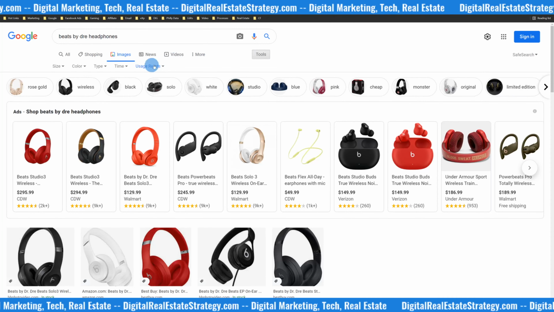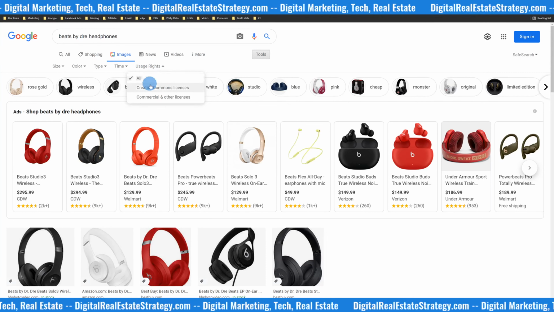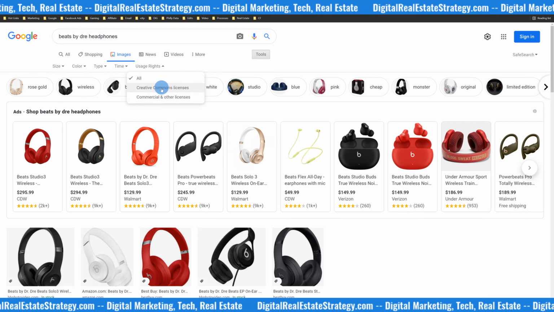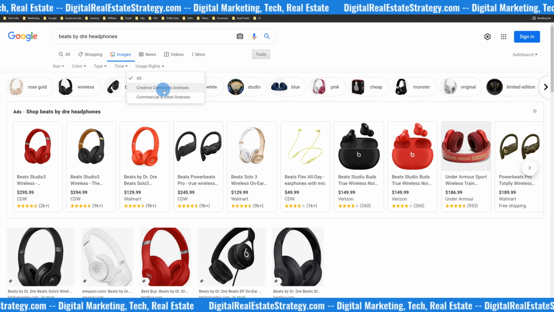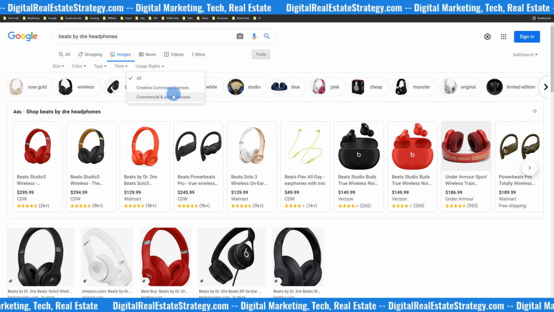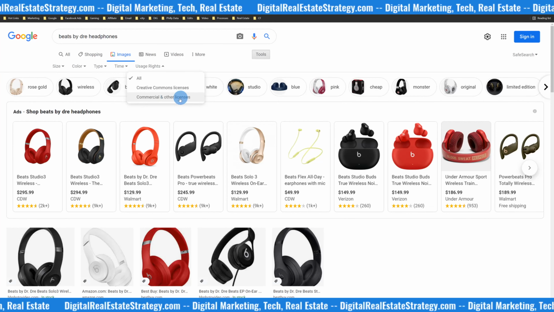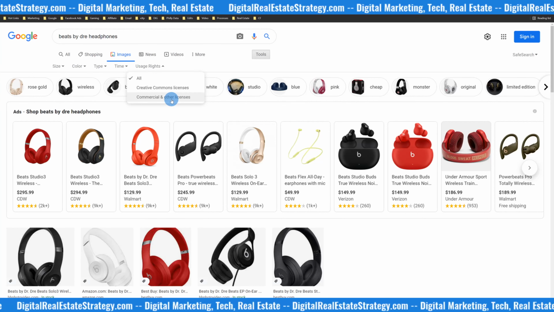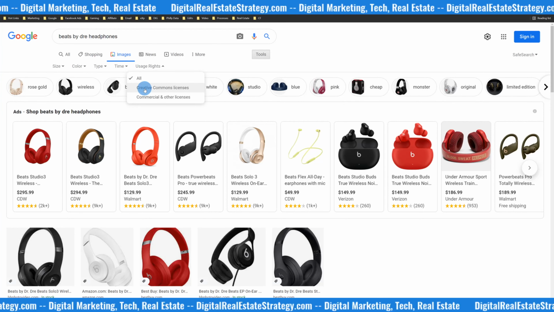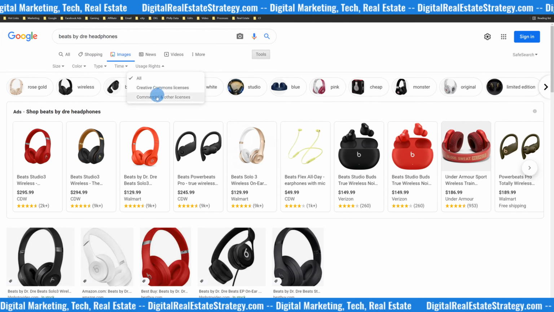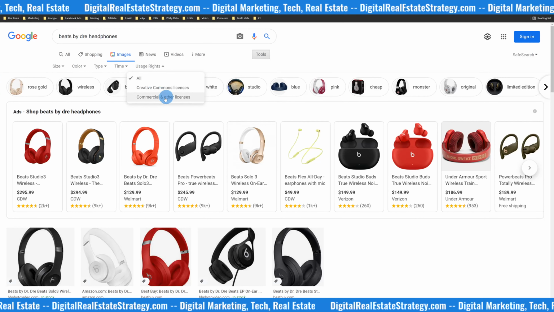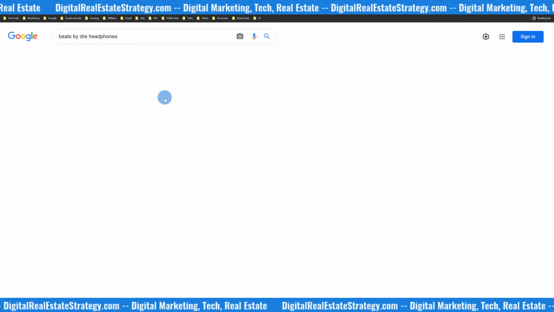I want you to click on that option, and then usage rights. You have to study the definitions for each of these, but you get whatever Creative Commons licensing is, that's what you get. Whatever commercial and other licensing is, this is what you get. Typically with commercial and other licensing, you're allowed to use that content however you want and you can monetize it. With Creative Commons, you're not allowed to do that. So in the future, if you were to monetize your videos, you might have to change all of this stuff. And this is all self-explanatory. That includes everything. So I'm going to click on commercial and these images should change.